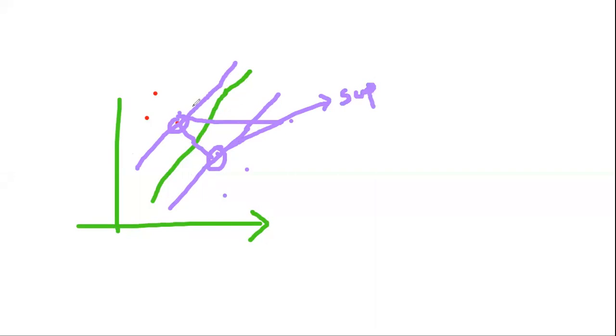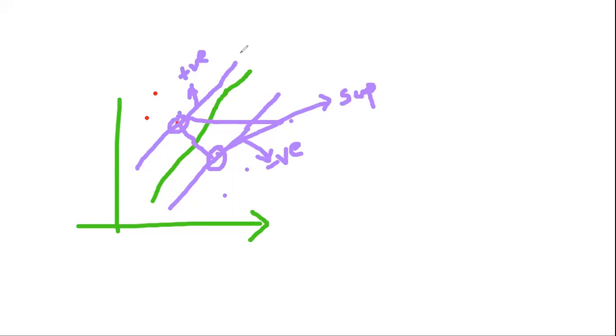So whatever the points lie on this side, let us assume it is the positive hyperplane, and let us assume the points below are present in the negative hyperplane. Whatever the points lie below this, these are called points lying in the negative hyperplane. Whatever the points present in this region are called points belonging to the positive hyperplane. Based on these points only, we are drawing this hyperplane. That's why whatever points are touching this line are called support vectors.